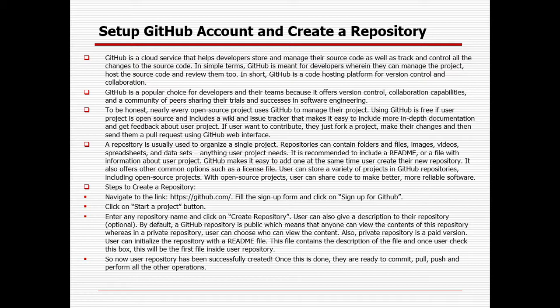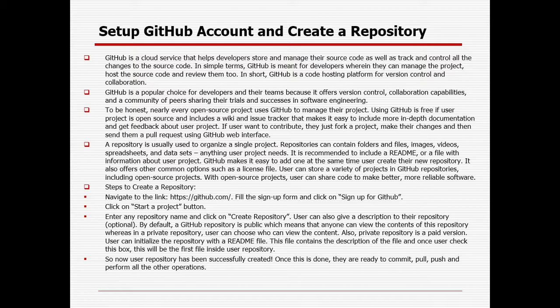So how will you be interacting with GitHub? Suppose you are using Eclipse, so definitely you are creating a lot of code and a lot of projects. Then how can you export the project from Eclipse and import it to GitHub, and next, from another location or another system, how can you import it again and export it back to Eclipse? That part I will show you.